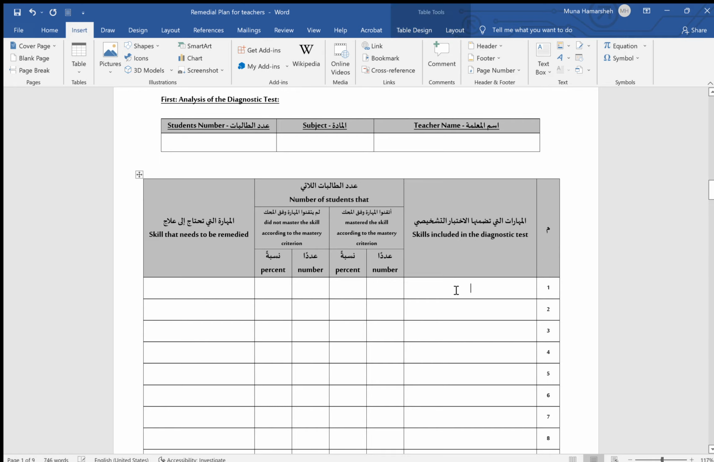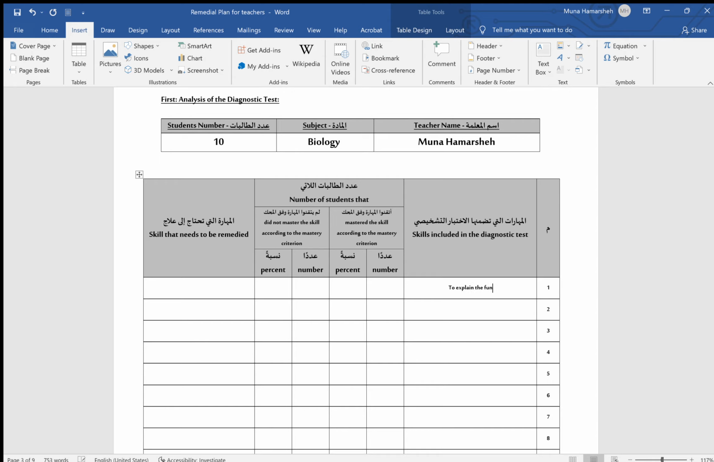For question number 1, let's say for example, I will start with this page. The name of the teacher is Muna Hamarshe. She's teaching biology, and the number of students she has is 10 students. The basic skills included in the diagnostic test, I will arrange here according to the questions. Question number 1, the skill that it measures is to explain